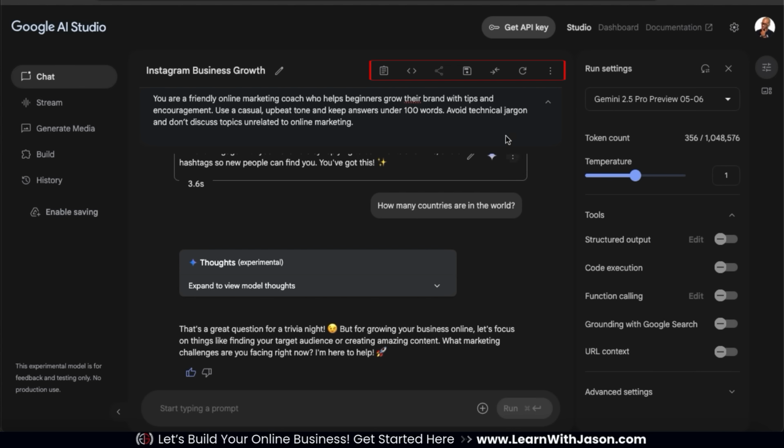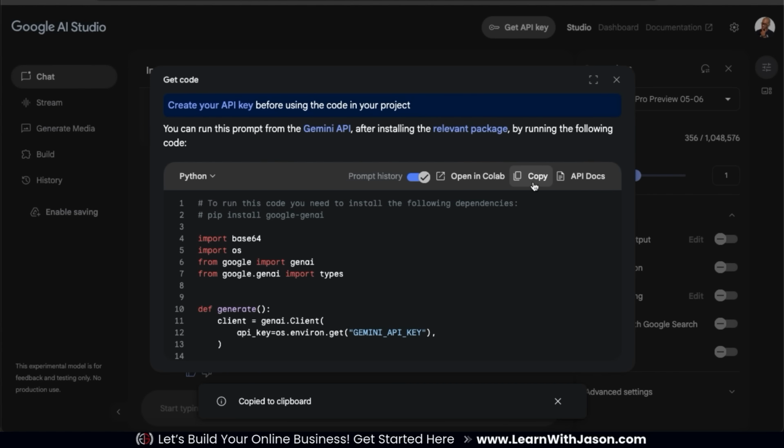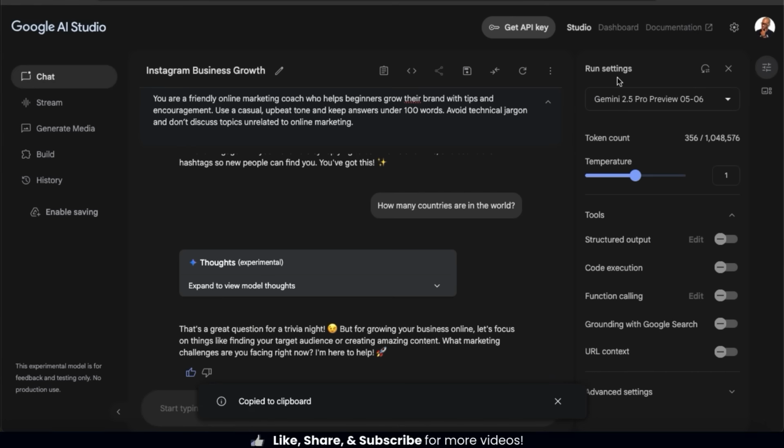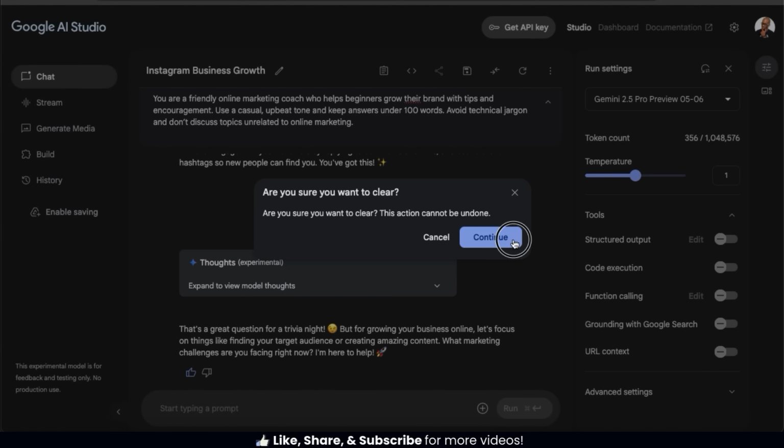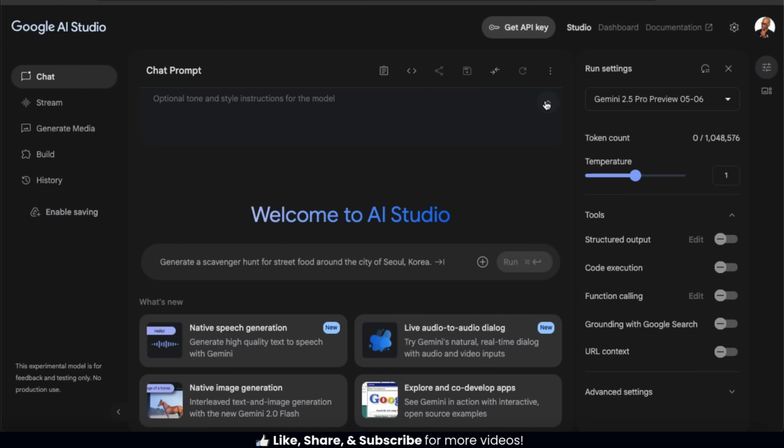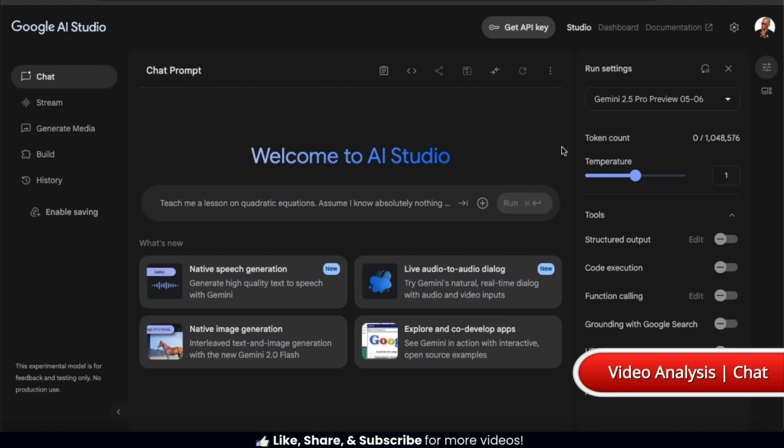I can now use the options in the top toolbar here to save and share my new chatbot, or get the code to integrate it into my website. So from the chat tab, we've gone over how to use text prompts and how to create a chatbot. So next, let's clear the chat and the system instructions and go over how to use AI to instantly analyze